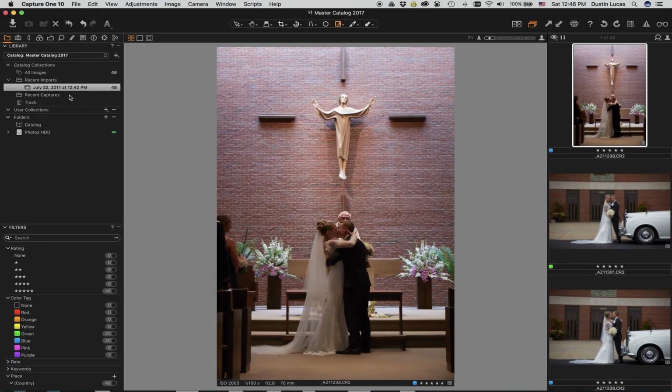So right now, we're connected. We have a recent import. We are connected specifically to our RAW files. As you see here, it's showing the original one, showing my photo hard drive. All this is connected. Capture One is happy. All right,